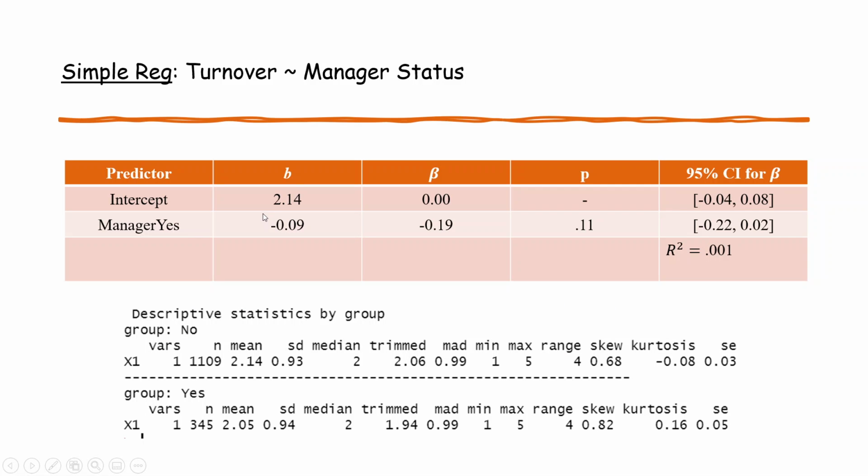And so here I filled in the information from before, and we'll talk about the raw regression slope first, and then we'll go back and I'll show you how to get the standardized coefficients and the confidence intervals. I just wanted to explain what we're looking at with our regression slope, our raw slope. And so from our model, our intercept was 2.14 and our manager status was negative 0.09. And so what this is showing us,